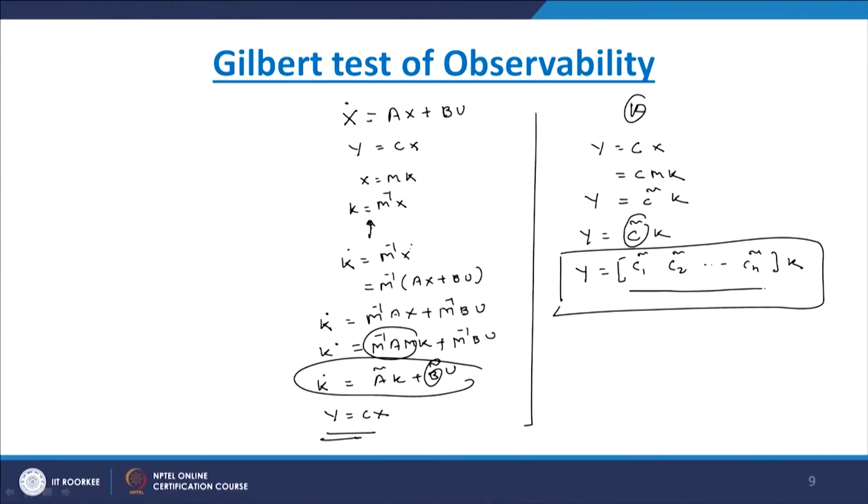Now, k is our new states, and they are very important. Assume that any of the elements in C 1 bar to C n bar is 0, let us say C 2 bar is 0. That means in k there is the involvement of various states, k 1, k 2 up to k n. So if C 2 bar is 0, then the k 2 state, which was otherwise available for measurement, because of this 0 is not available for measurement, and therefore we can say that the system is not observable in this particular case. That means we directly get the information about which state is not observable,